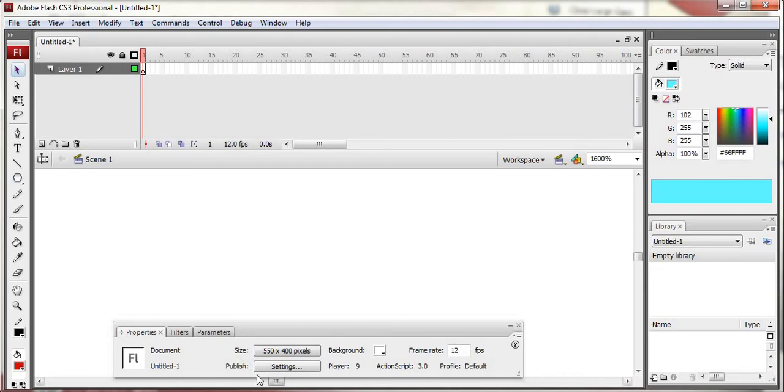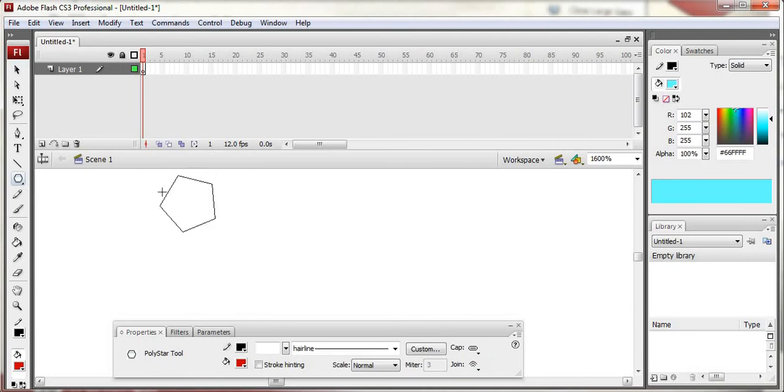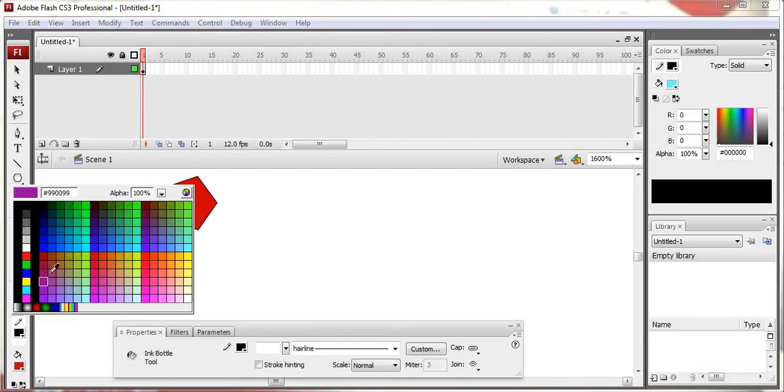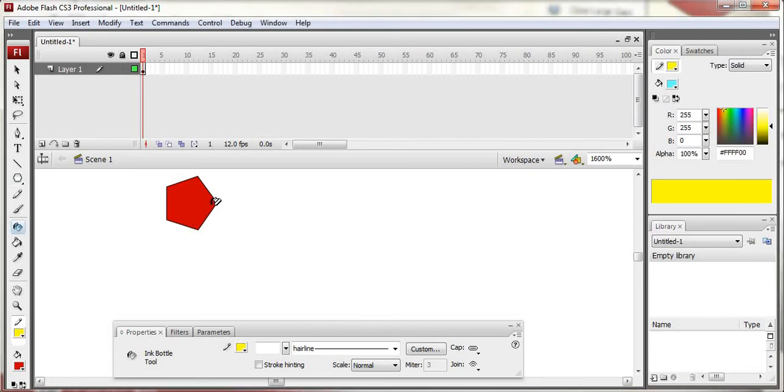Whatever we make, here we have a properties window, right? Suppose any figure is there, suppose this only we have, right? And here in the outline we want to change its color, so we will take the ink color and change it to a different color, right? Stroke color we can change to yellow, right?